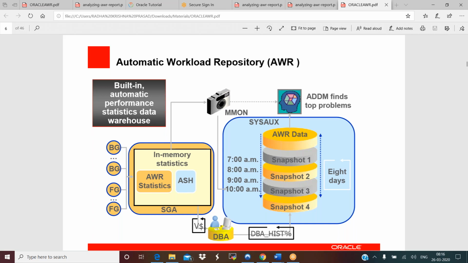When I say tuning reactively, tuning reactively is nothing but you have to run your automatic database diagnostic monitor manually. Proactively is where everything happens automatically, but in reactive mode, when you plan to tune everything reactively, these are two different methods. You can follow any of the methods. This is called a performance tuning method, and this is where your intervention is required, and you can see the active session history,